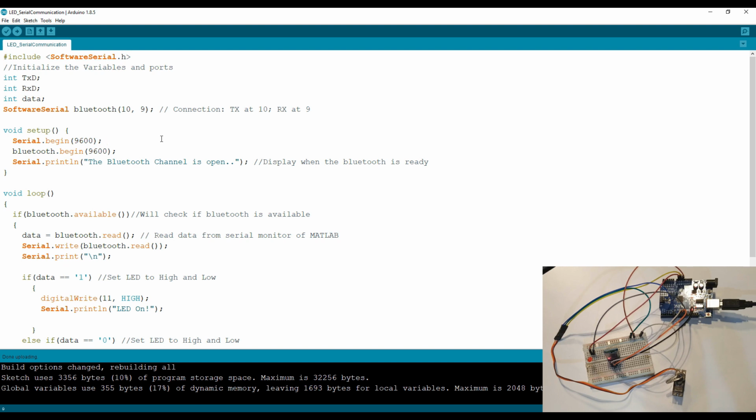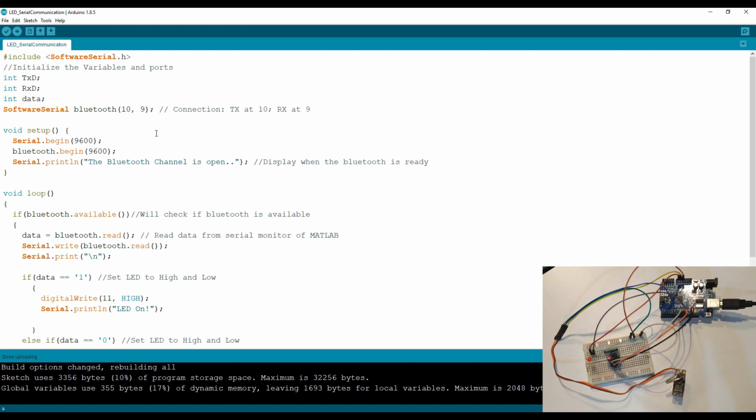For this part, like for serial communication, you also need the Arduino IDE along with MATLAB. I've already mentioned a link in the description box below, which will take you to a blog that shows how to install the Arduino IDE on your Windows, Mac, or Ubuntu PCs.